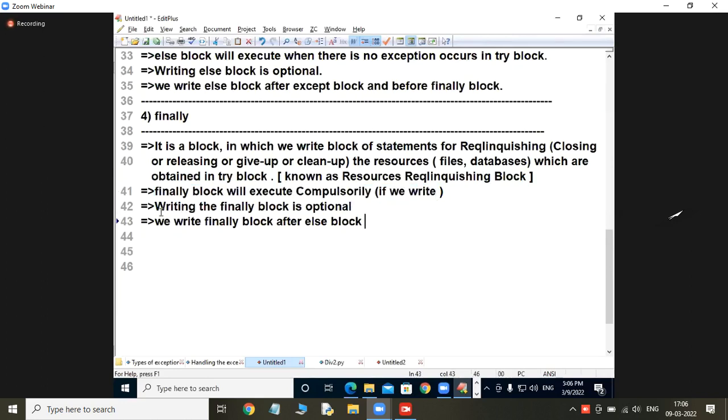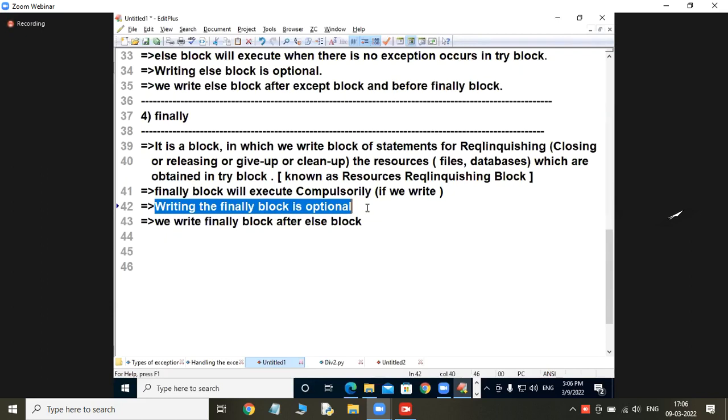Now tell me, sir, when should I write finally block? Whenever I have resources. When I don't have resources, I don't write finally block. If a file is open in my project, I will write finally block. If files and databases are not there, is it necessary to write it?